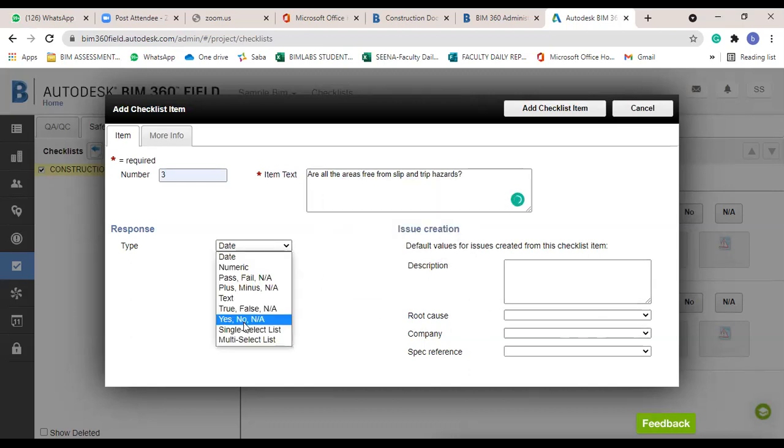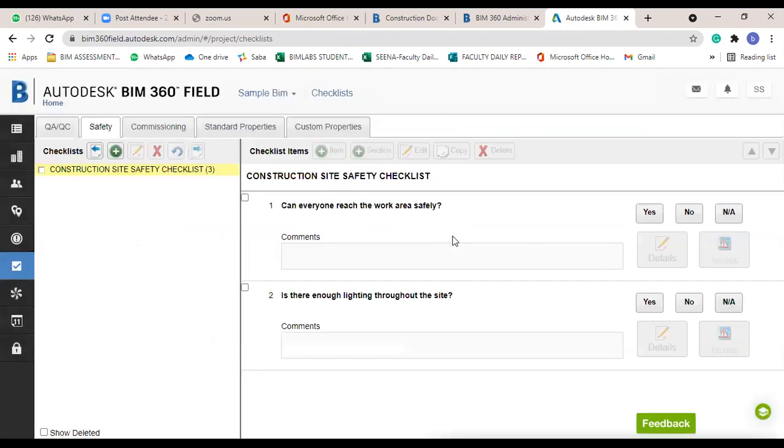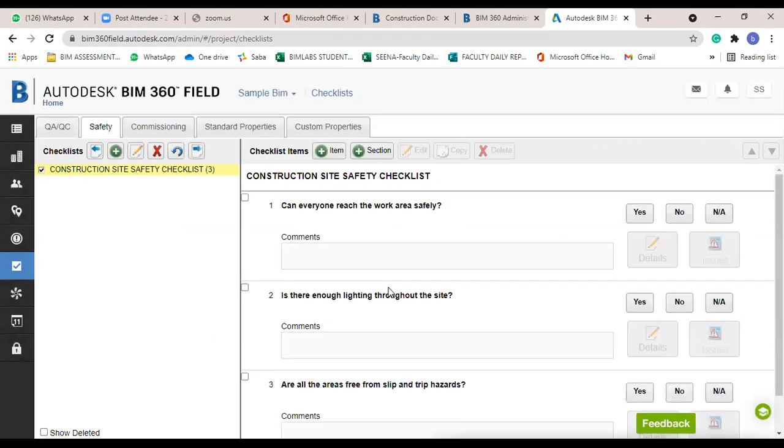Then the answer type is also yes or no. Company is BIM Labs and add checklist. This is the way to add a safety checklist.